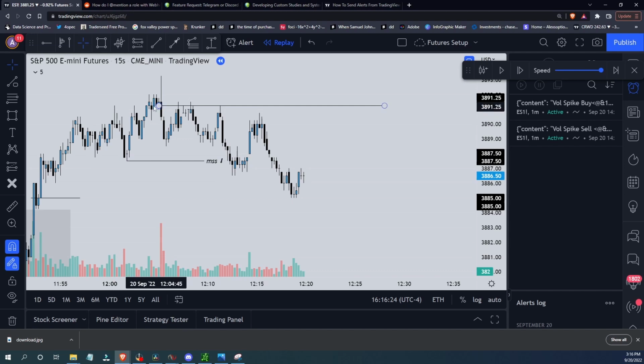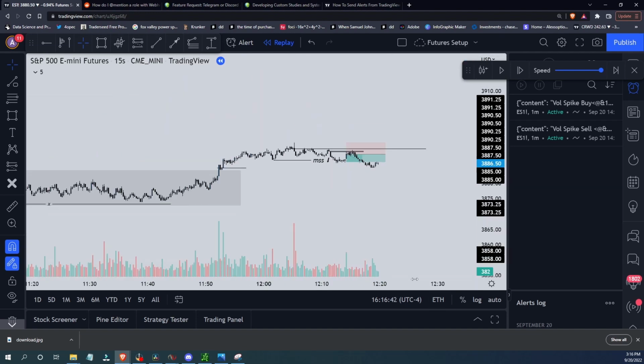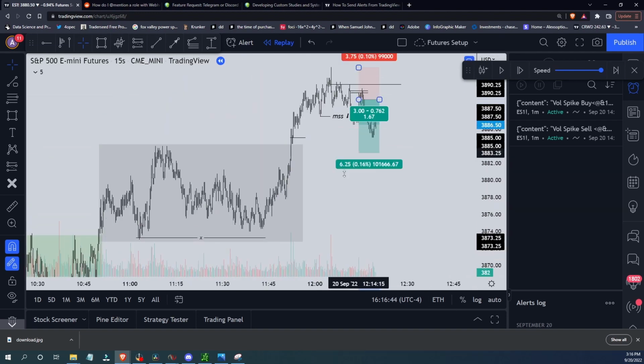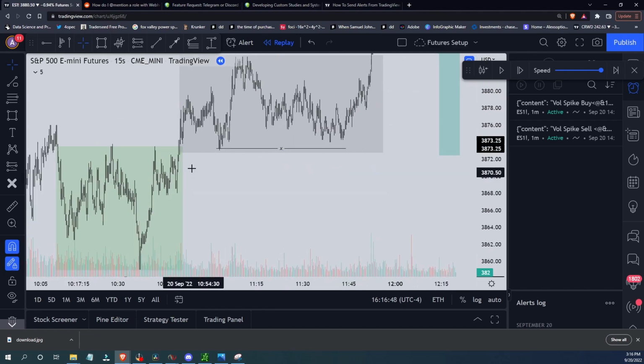And then we'd look for a move into a fair value gap, or in this case, we actually had a fair value gap here and volume imbalance up here. So you'd be shorting somewhere in here, risking this high or even high of day, depending on your risk management. And it would be something like this, risking less than 2 points, or risking high of day, which is also less than 4 points. So still a good risk reward, and your first target's always going to be liquidity or